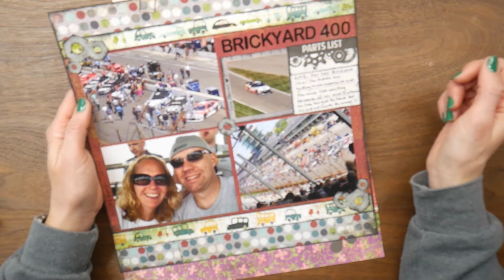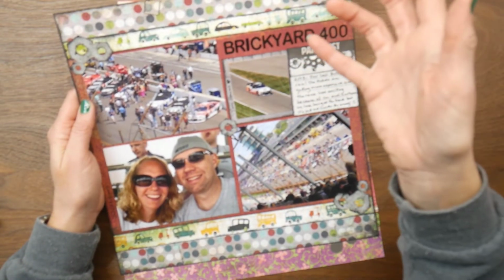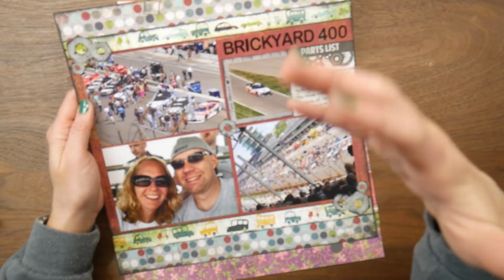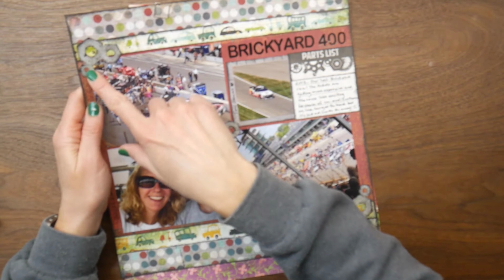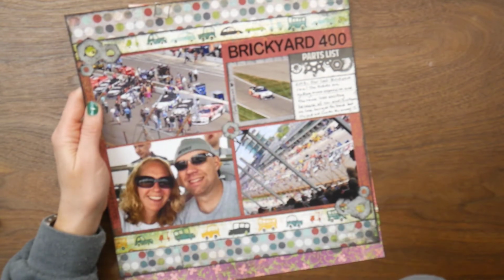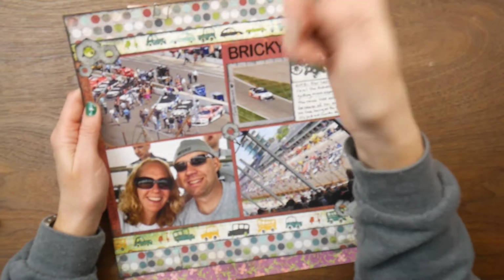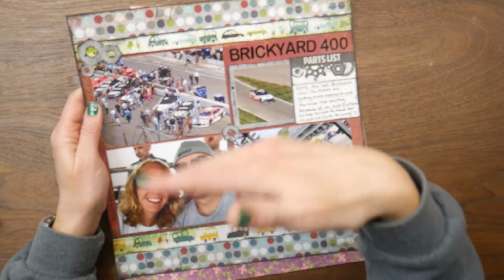Kind of that brick red. And then I don't have a lot of racing embellishments that aren't like bright, bold colors. And so I just pulled in some nuts and bolts die cuts that I had cut for my Silhouette for a project long ago. I had a bunch left over. So I just pulled out the nuts to play off like the lug nut that you would have on a